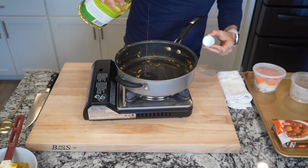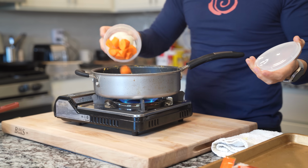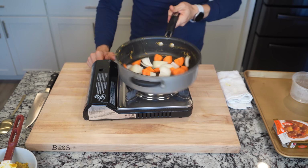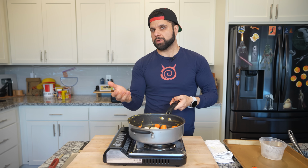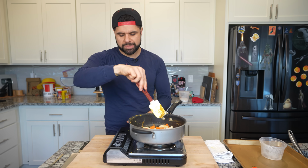I'm gonna place in just a small drizzle of oil. It's probably like a tablespoon. And then immediately put in half an onion and 1 carrot. This is just a little bit of flavor. You can throw in garlic, you can throw in ginger, you can not put anything in this if you really wanted to. But because I'm gonna be pairing this with just a few surprise ingredients later,